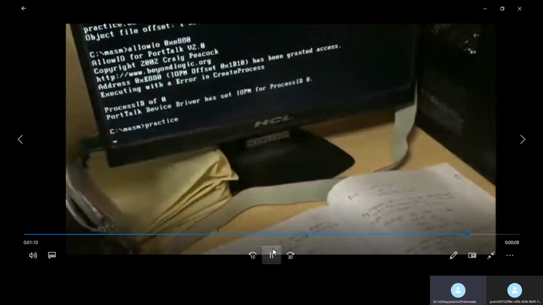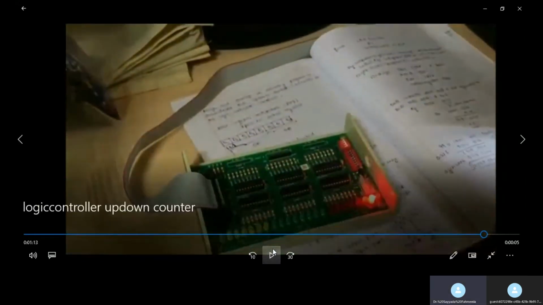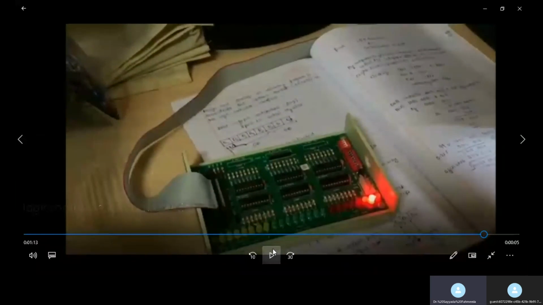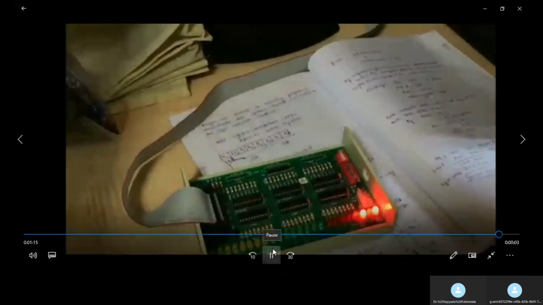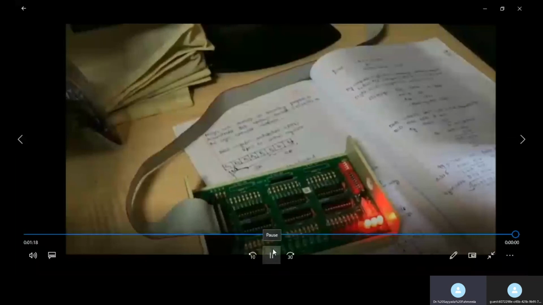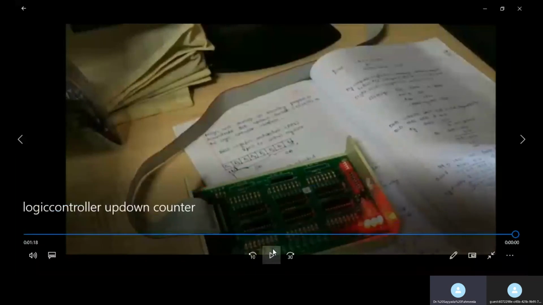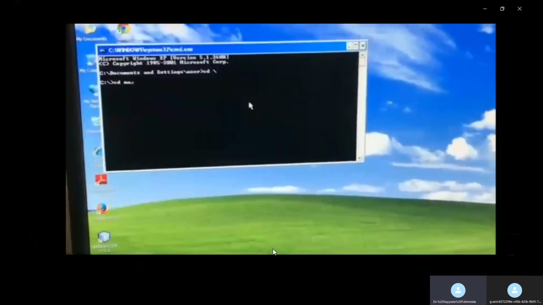Then rather than writing debug, you need to write just the file name without the debug option. So you can see the output. On the screen, you are seeing 2 displayed. Next 3, 5, 6, 7. In this way, the program works.